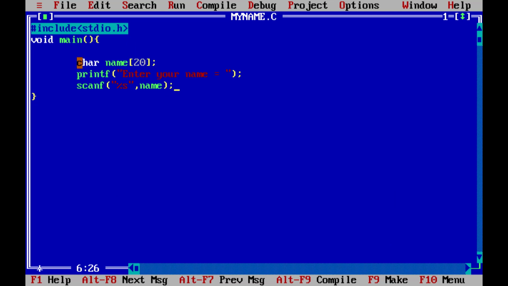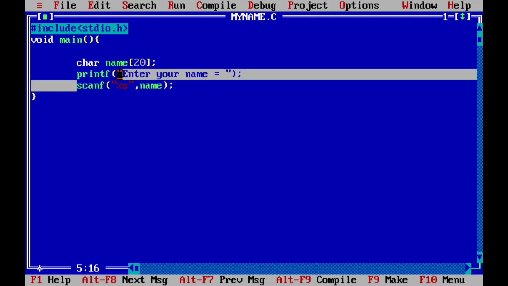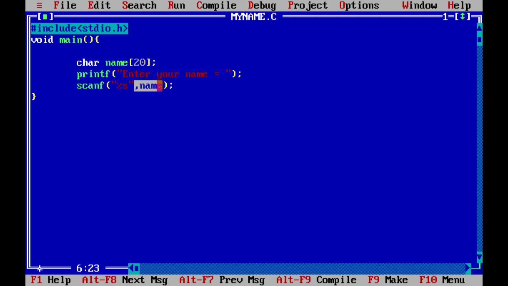Now we have declared a variable, we have printed a line to tell our user what to do, and after the user input we have scanned or stored our input inside a variable called name. So the storing and getting input stuff is done. Now we have to print our entered value or user input.